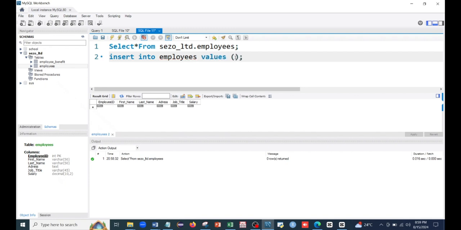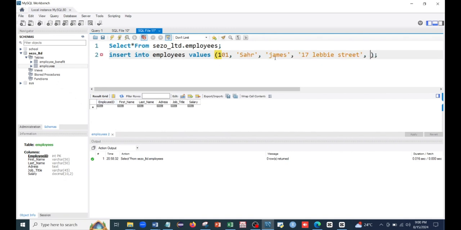Now within this bracket we are going to insert our values. Looking at this table, the first column is employee ID, which is an integer data type, and we want to say 101. We use a comma as the delimiter, and for the varchar data type we use quotes. So we say Sir, which is a varchar data type, the first name. James is a varchar data type, and then we want to use address, which is a text data type. And then the job title, which is a varchar data type, analyst. And then the salary, which is a decimal data type,